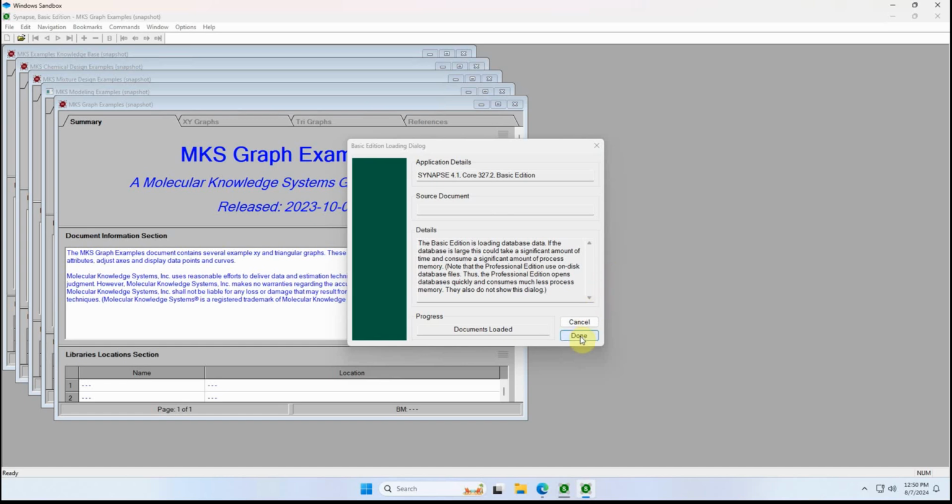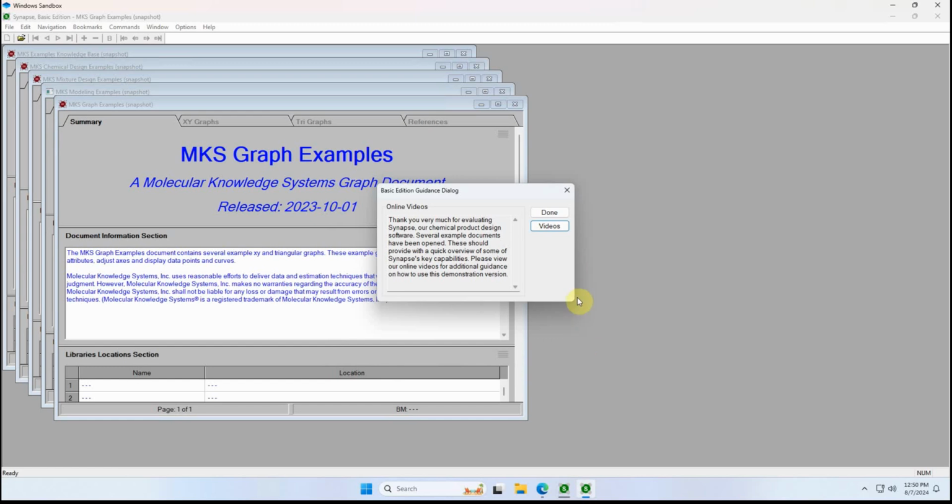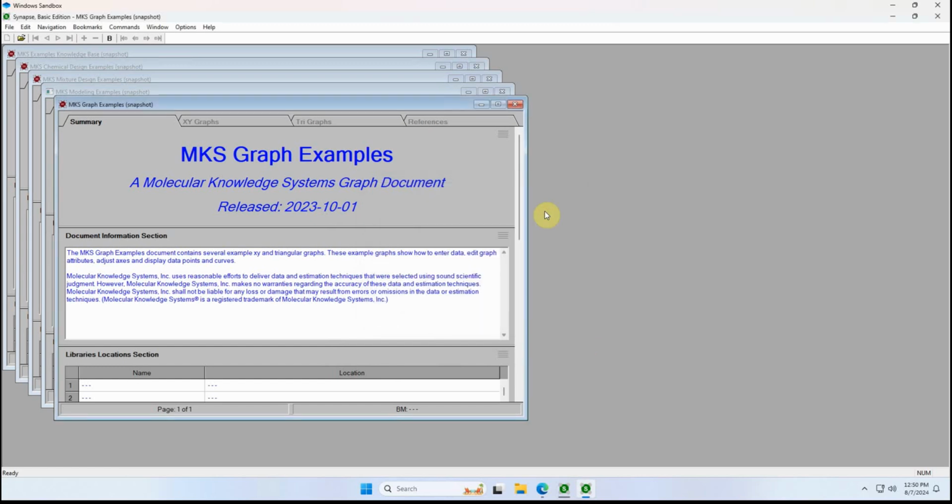Synapse's Basic Edition loads these documents into memory. It also performs all its calculations in memory. No information is ever written back to the original database documents. Again, this means that you can freely experiment with the Basic Edition of Synapse. Add new chemicals, delete property values, design new molecules. The underlying database documents will not be changed. However, because all documents are kept only in memory, it also means any changes or additions will be lost once